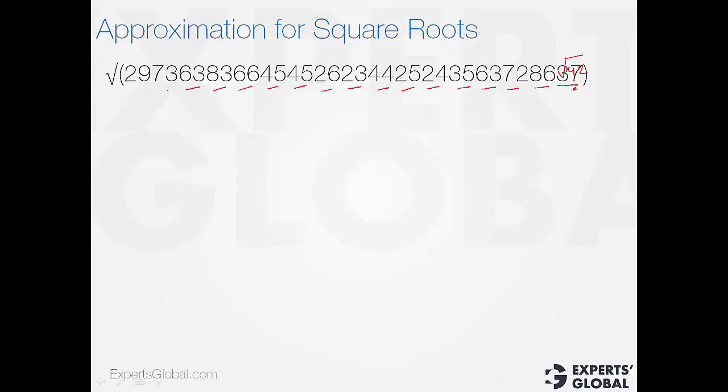I would always count an even number of integers, so this roughly turns out to be the square root of 29.7 into 10 raised to power 32. Again, the same thing, the later numbers won't have any significant value in the bigger scheme of things. So 10 raised to power 32, when the root comes out, becomes 10 raised to power 16, and then practically I just have to find the value of